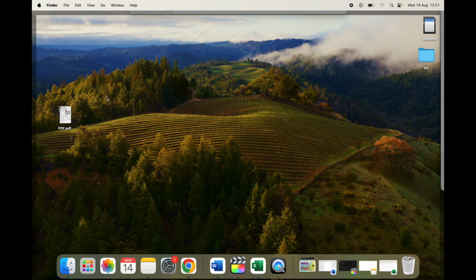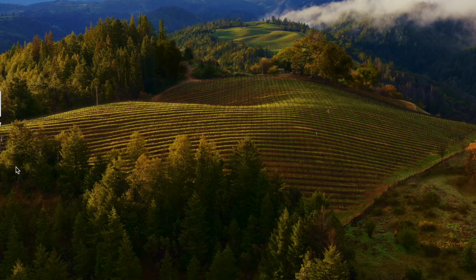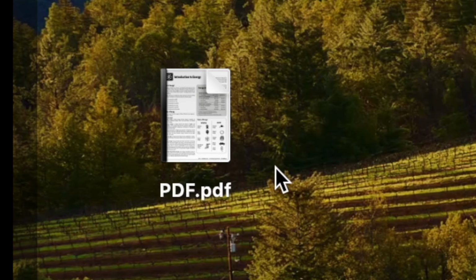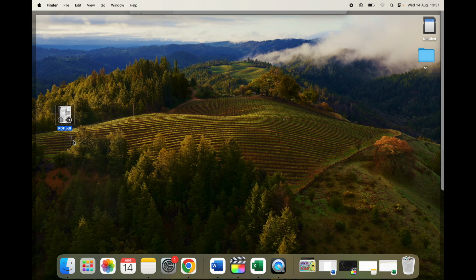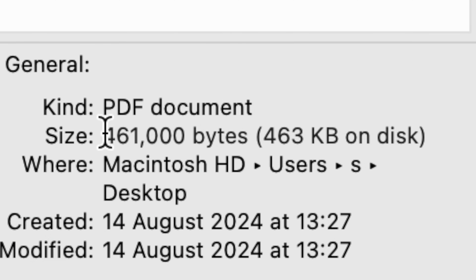In today's video, I'm going to show you how to compress a PDF file so the file size is much smaller. So we have a PDF here just on my desktop. Currently the size of this PDF file is 463 kilobytes, so we're going to try and reduce the size of